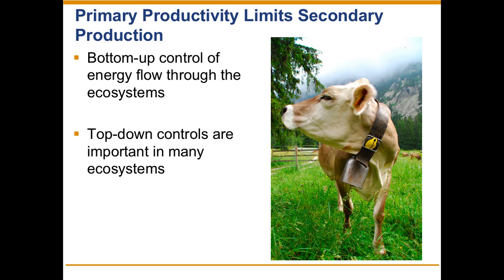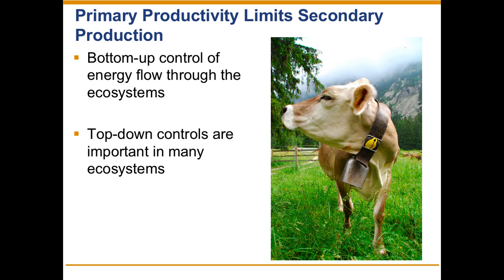If we've got one of those nice summers in Roehampton, where it's only moderately warm, plenty of rainfall, we've got a lot of grass growing, it's a perfect environment for cattle, and lots of cows, everything's going well. A system where if we have a very dry summer, there's less grass growing, less resources available for the consumers. We term that bottom-up production, bottom-up energy flow through the system.